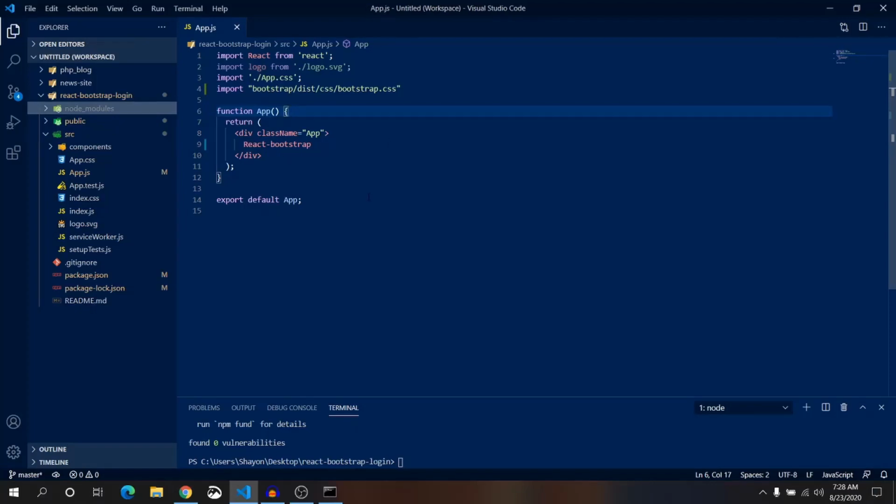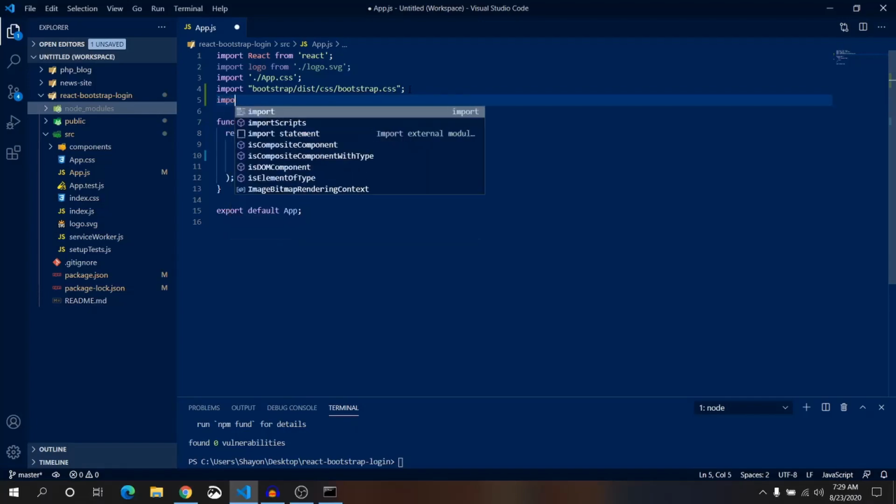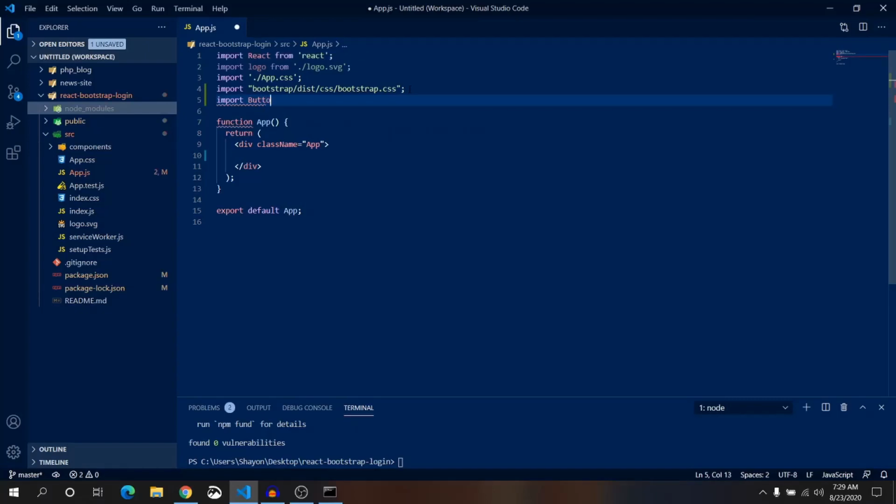Now we can add our component to our project. Let's add a button at first. There are two ways to import button in our project. Let me show you the first way. First way is to just write import button from React Bootstrap/button.